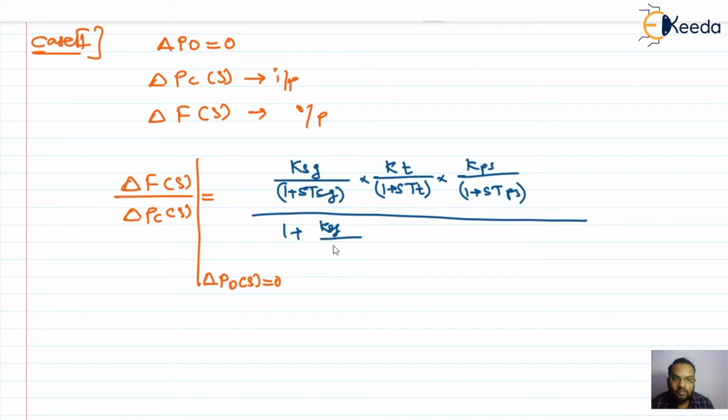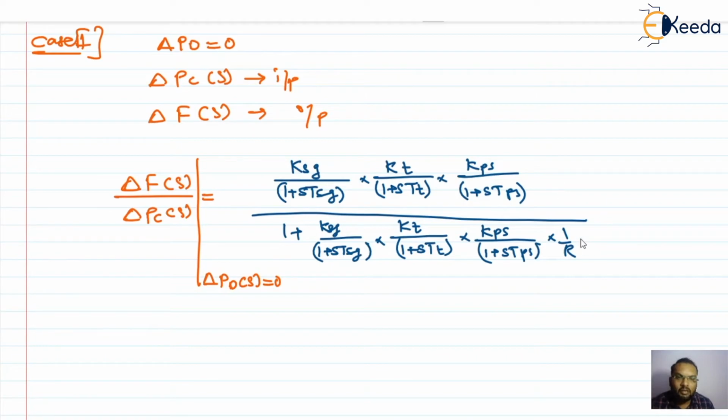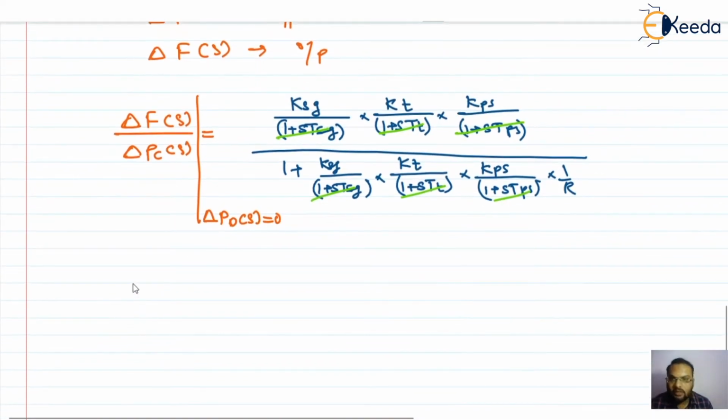KSG divided by 1 plus S TSG into KT divided by 1 plus S TT into KPS divided by 1 plus S TPS, divided by R, or multiplied with 1 upon R. We'll do the same thing here. Now we will multiply and divide with all these three brackets, because I want to cancel all these three brackets. If I multiply and divide with all these three brackets, definitely in the numerator all these three brackets will go, and of course in this term also they will go, but these brackets will get multiplied with this one over here. So we will get this equation as delta f of s,